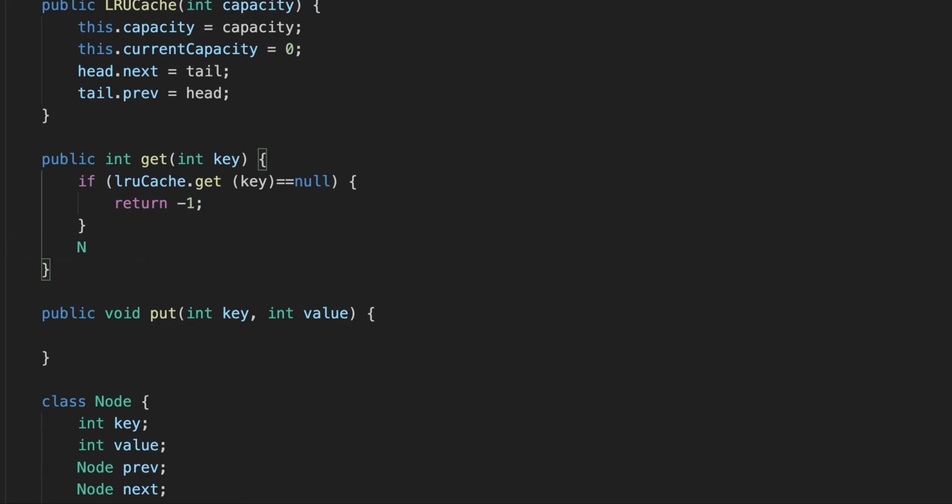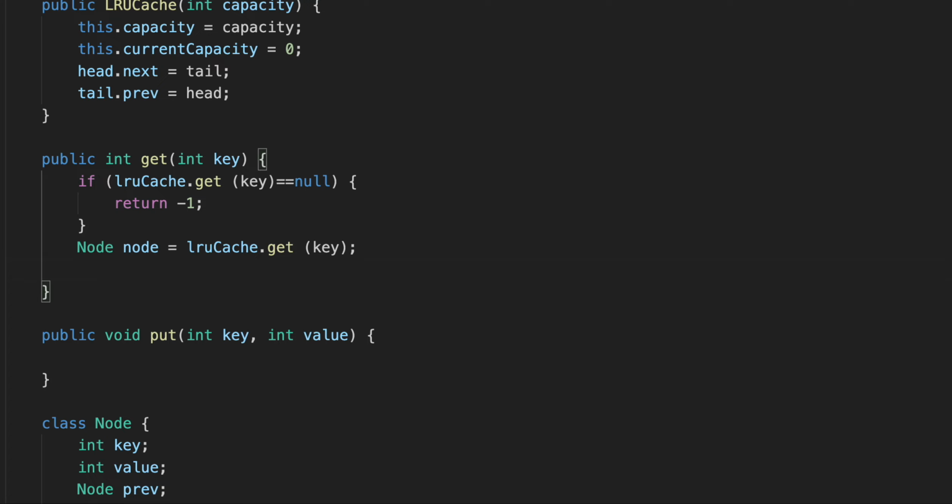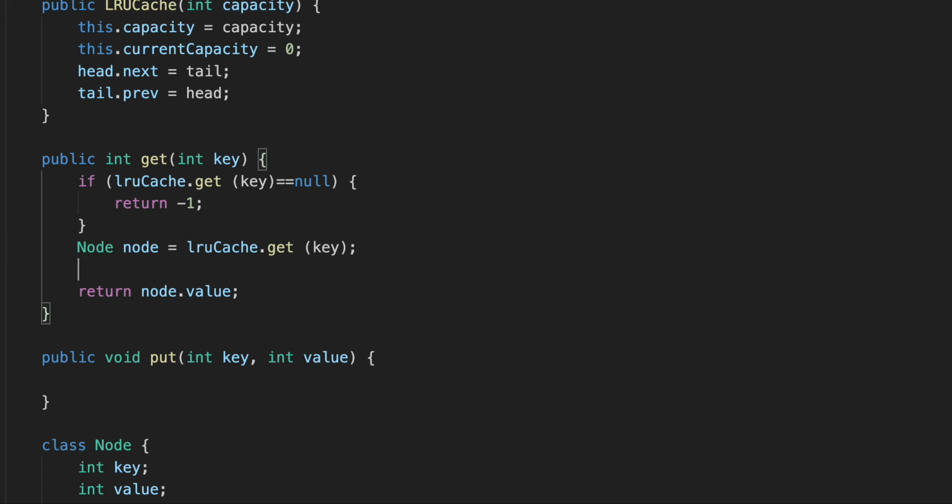we are getting our node, and so LRU cache get our key. So we are getting our node, and we are going to return that node value. We need to return the value, right? We set that value here. Okay, so we are returning our value, but before returning our value, what we need to do, so